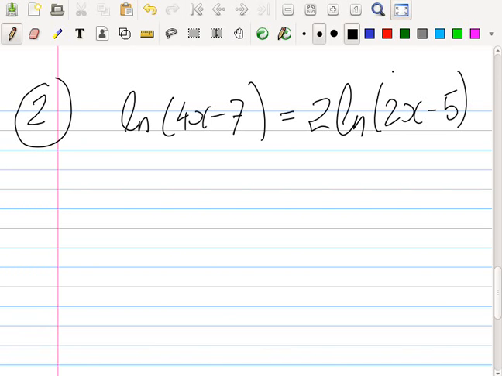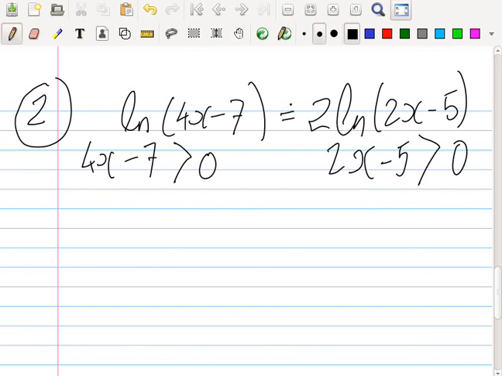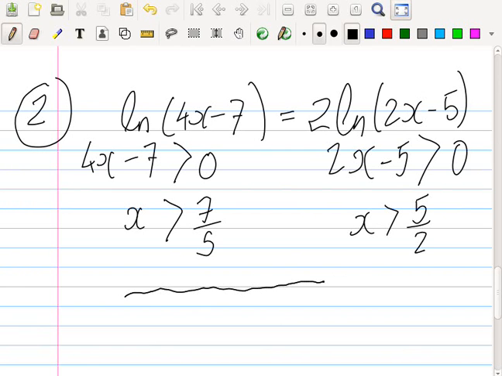So in other words, what values of x can you use? Well, in the first one, you need 4x minus 7 to be greater than 0. And no surprise here, we also need 2x minus 5 to be greater than 0. Both need to be positive. So we get x must be greater than 7 over 4, and x must be greater than 5 over 2. And if you want to put that on a number line,